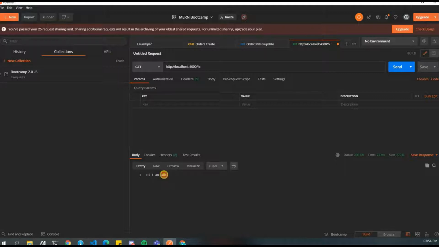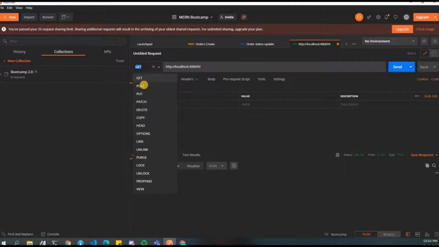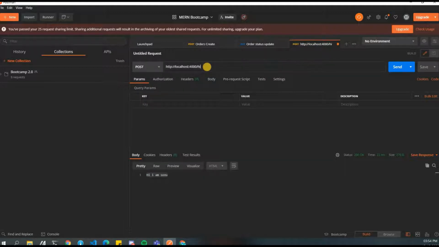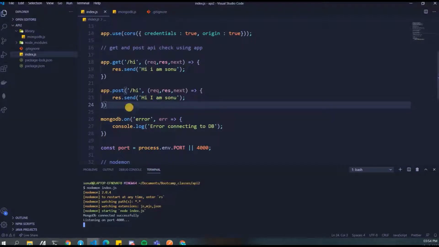See, it is returning res.send, hi, I am Sonu. Correct? So this is working fine. But now let's do post and see what happens here. It is also returning hi, I am Sonu. So things are working fine here.